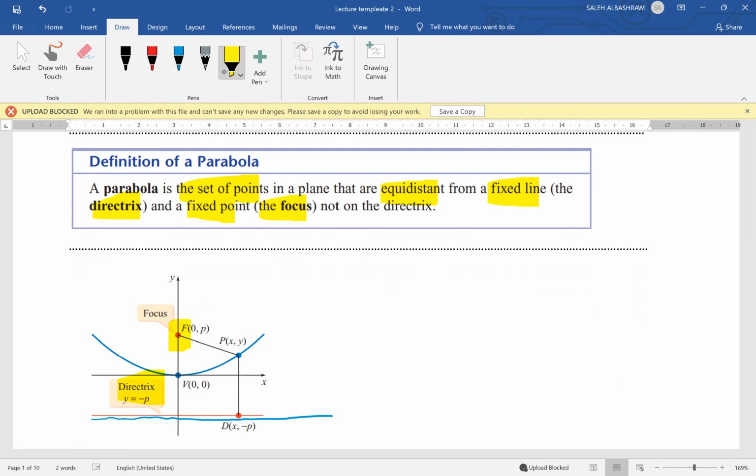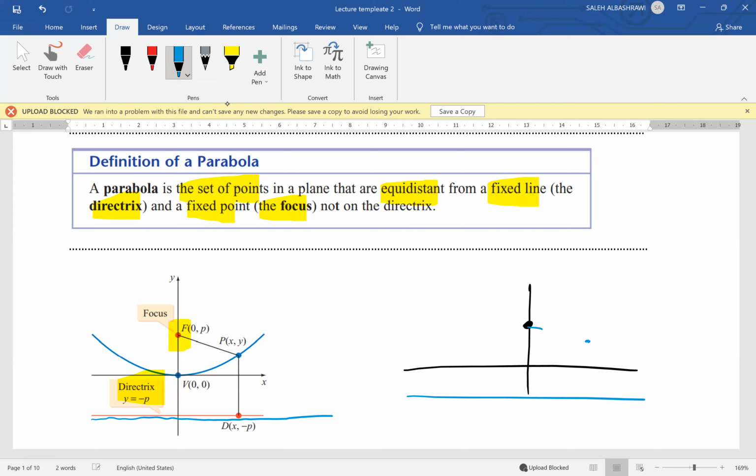If we have a line and a fixed point, and we take all the points that are equidistant from these two items, one point there and the line, the point will be the same distance from the point and the same distance from the line. And if this condition is satisfied for all the points, then we'll have